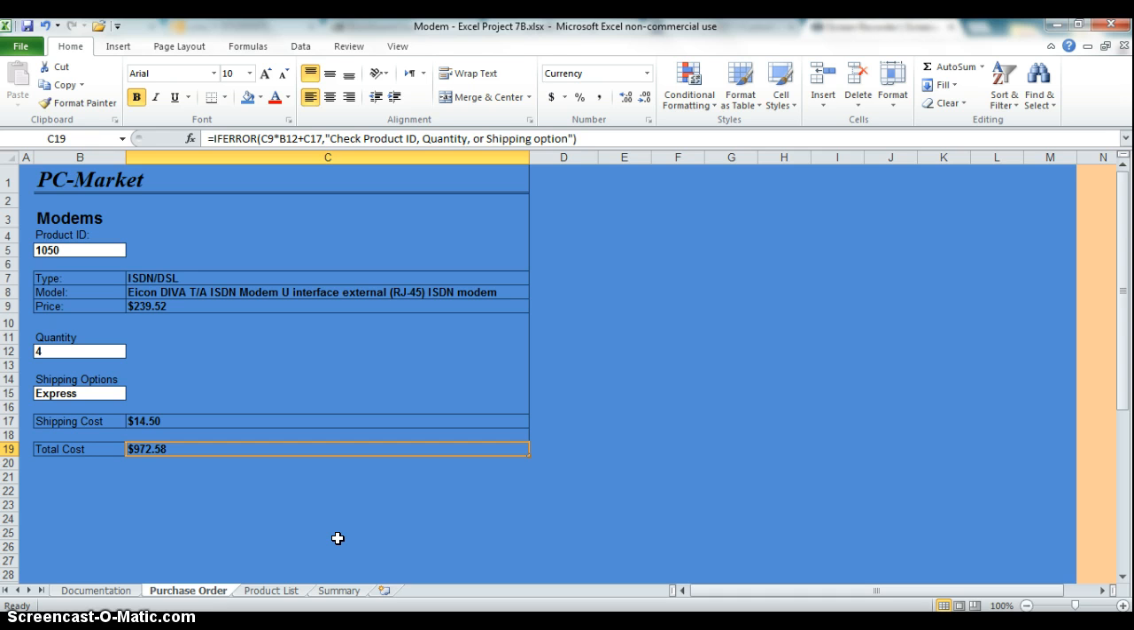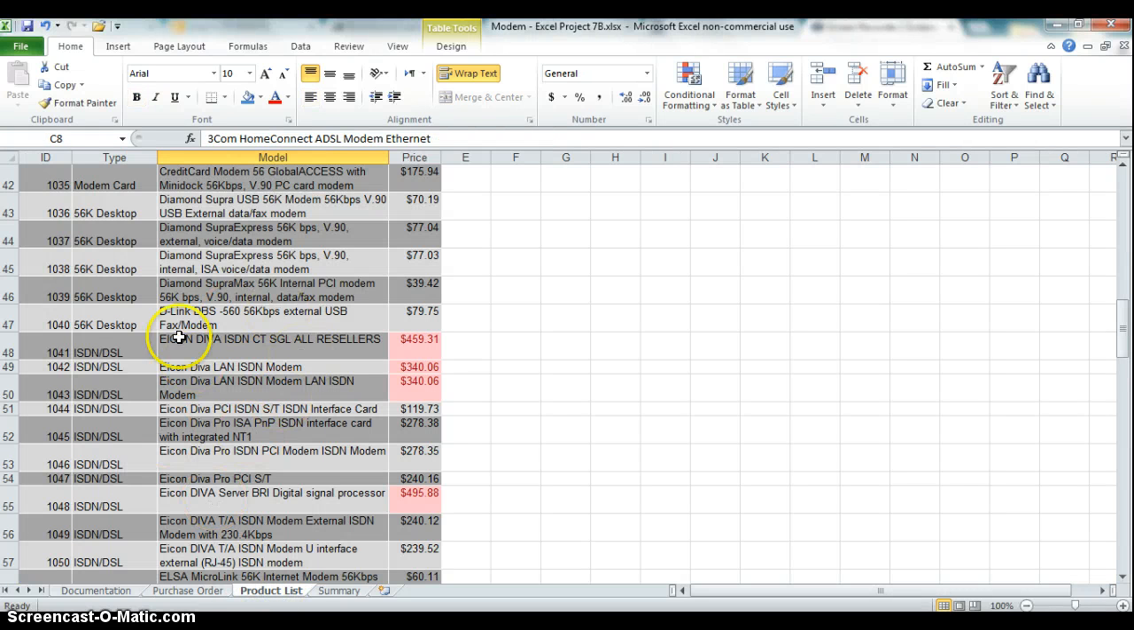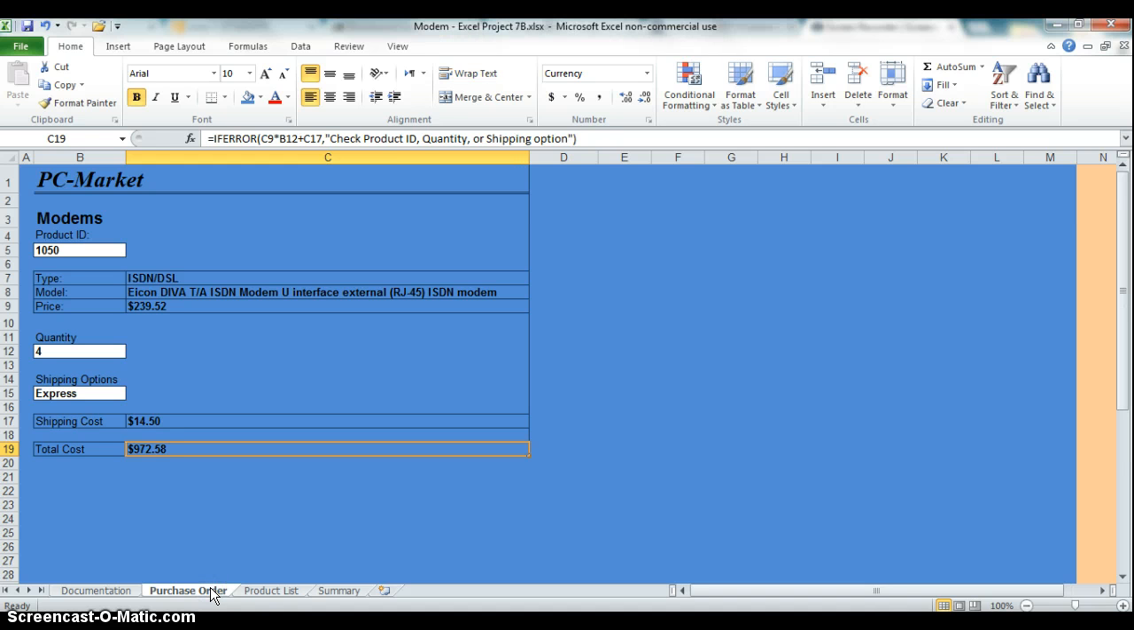Welcome to Excel Project 7b. In this worksheet, we want to display product information for PC market modems and design a workbook to enter the order and purchase information. As you can see in my workbook, I have a product list worksheet here with the product price table and the purchase order worksheet. All the information I use to create the formulas in the purchase order worksheet are pulled from the product list worksheet. In my example, I want to have the information for product ID